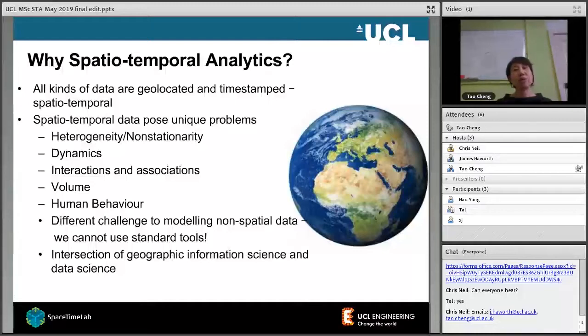So in a way, what is spatial analytics, spatial-temporal analytics? We define ourselves as somewhere between computer science, geography, or engineering, right in between. If you say this is pure computer science and this is geography, GI science, we are right in the middle: spatial-temporal analytics. So that means you have a very good background, quantitative skills, and also know something about computer science, so you will be good in programming or good in math. Of course, we also welcome students who have, as I said, all the broad specific disciplines or domains.